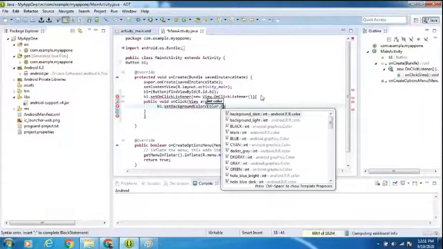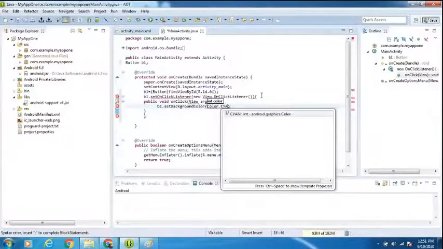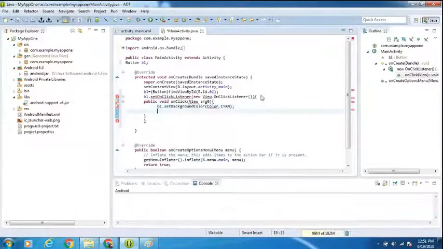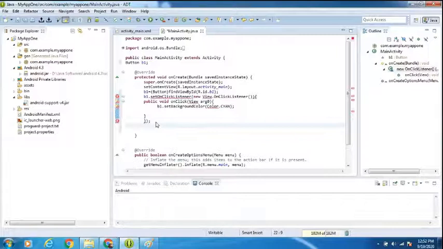What is the color I want to use? Okay, cyan. Then close. One brace started here, it should be closed.